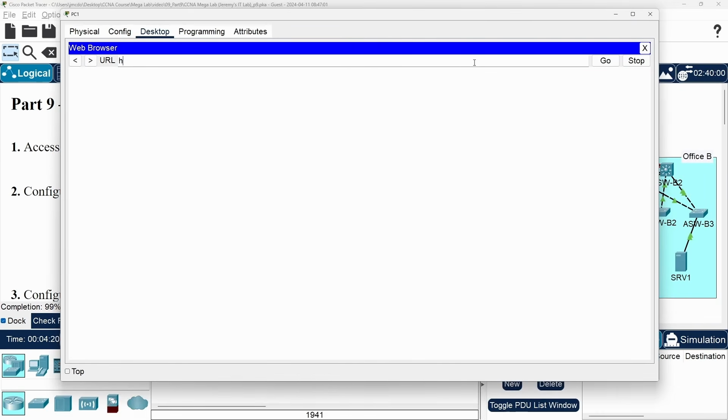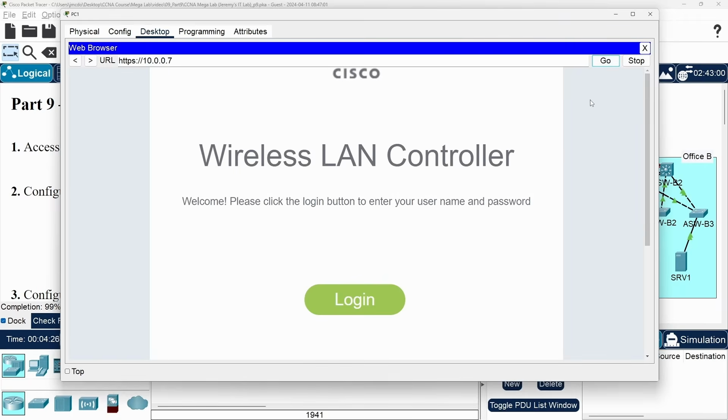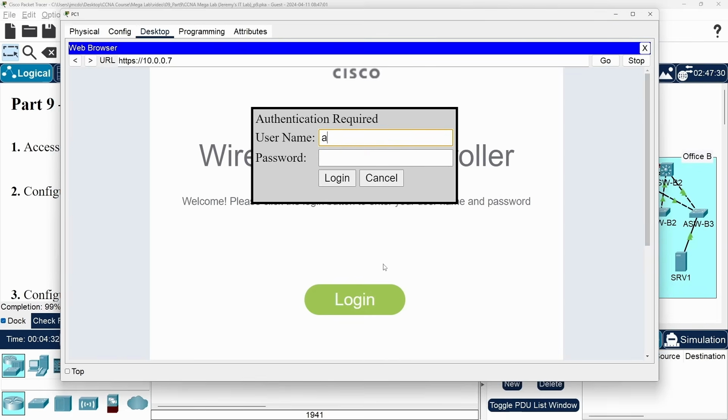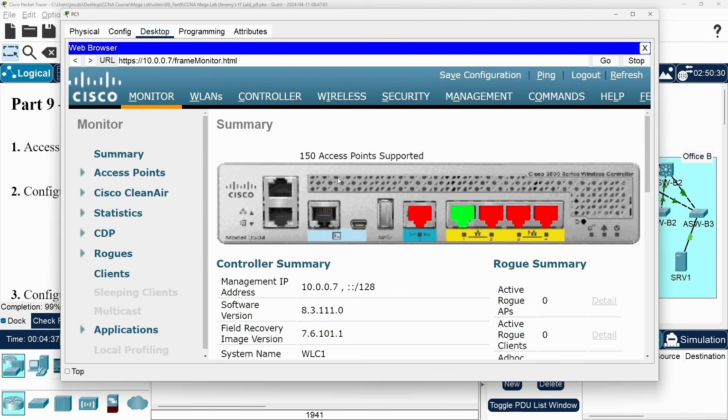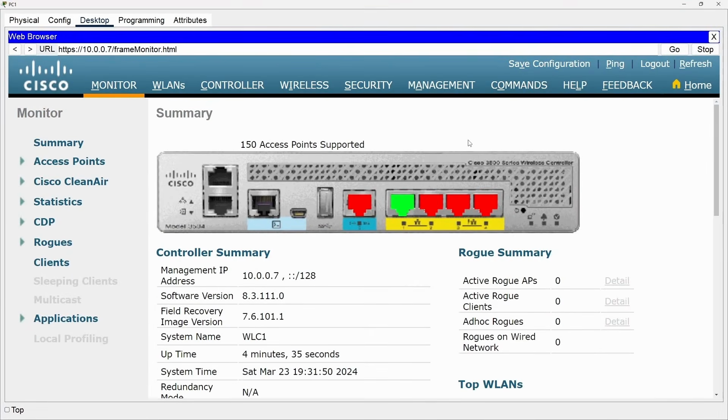Once the browser opens up, use HTTPS to access WLC1 by typing in the address bar, https://10.0.0.7. Here's the login screen. Click on Login, and then enter the username admin and the password adminpw12. Okay, we're in.